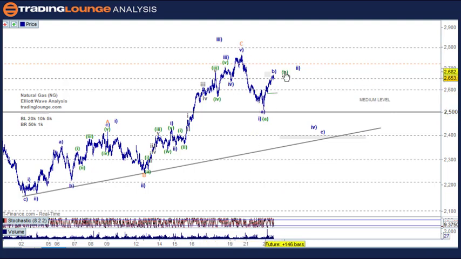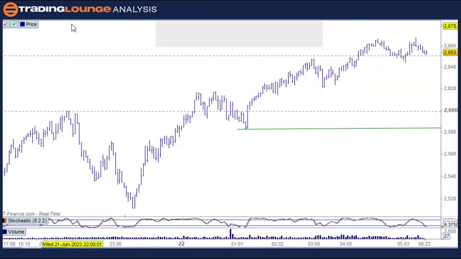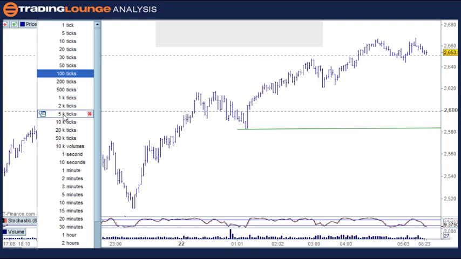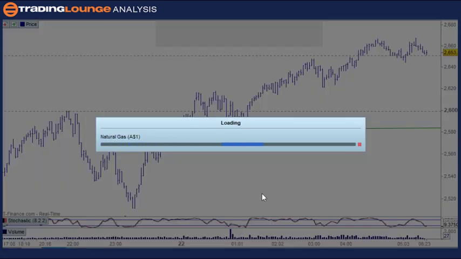So I'll put the B wave here. Do we have a C wave? I can't find one anywhere. But it's the same story here as well, because the bigger picture here for this, if we go to 200 and go to 50k, where we've just been shooting the breeze about the bigger picture,